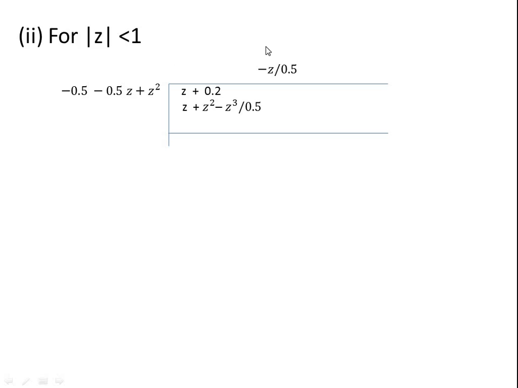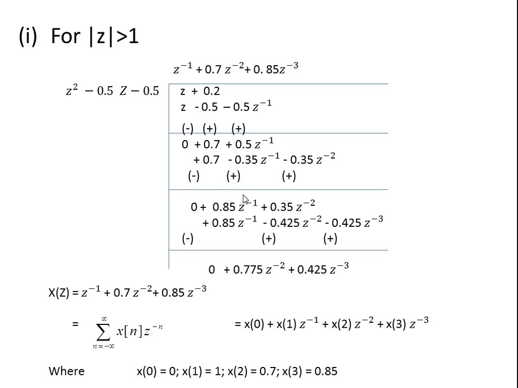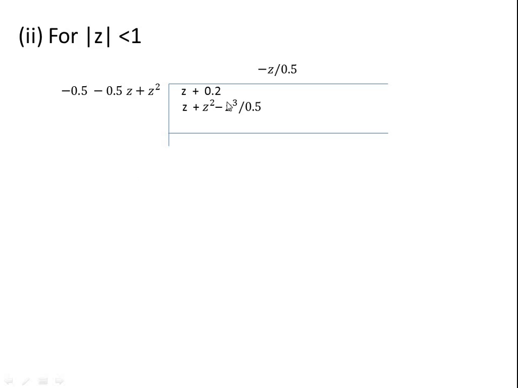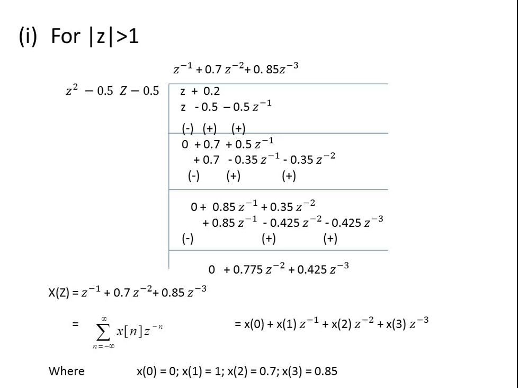So if you are going to expand this for less than 1, and substitute, for example, the n value as -1, we can write z power -n, where the n value is -1, so minus into minus will give +1. So for a non-causal sequence, we will have z in positive powers. So here we are getting positive values of z. That's the difference we can obtain with respect to ROCs. Okay.